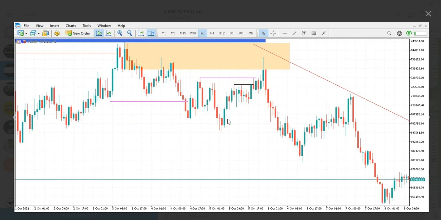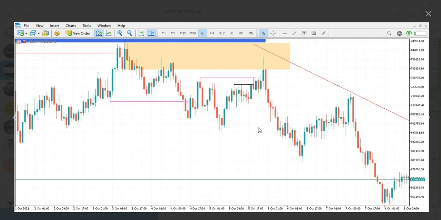So we have it on a bigger picture. I just zoomed out. As we can see here, we have the break of market structure, and then we have this equal high that had to be taken by this move. But prior to the formation of this equal high, we have another break of market structure inside here. So this is a macro break of market structure, and this is a micro break of market structure here.